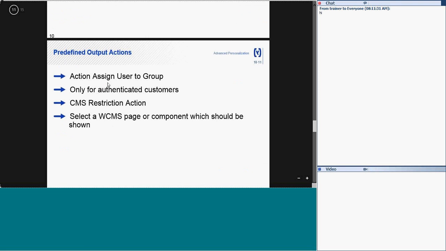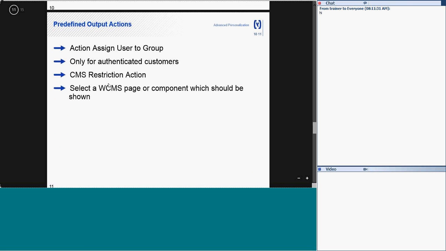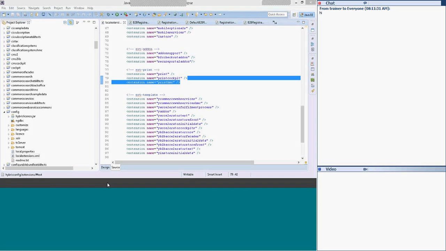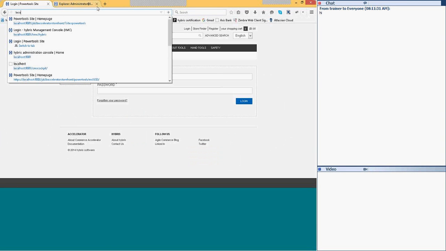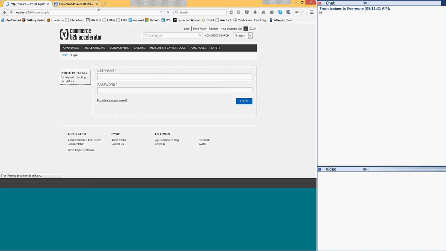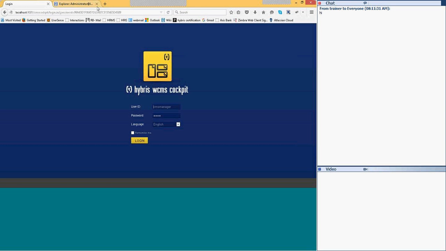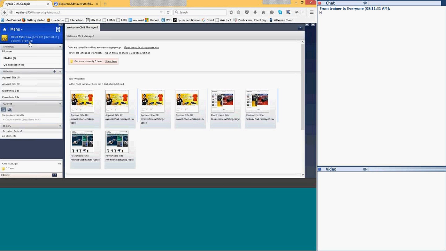So these are the stuff actually, and we will see what we can do with this. BTG segmentation filter, I will come to it later on. For this one, we need to go to the CMS cockpit. In the WCMS cockpit, we have this advanced personalization itself. There is a perspective altogether, that is the customer segment perspective. So if we go to the customer segment itself,